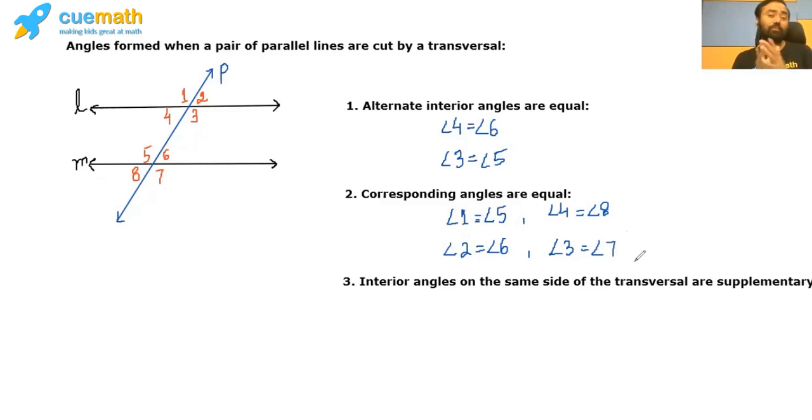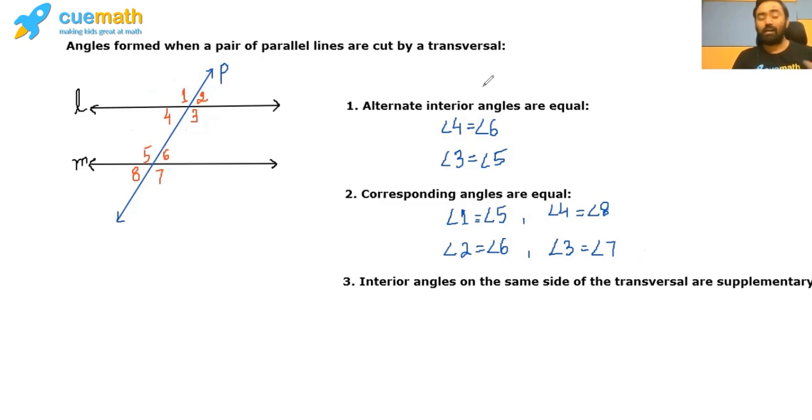These results are very important as they help us solve numerous questions on this topic. Again, if it's already given that angle 1 is equal to angle 5, and these are the two positions at which these angles are present, then we can say that lines L and M are parallel. If it's not given and we have to prove it, then we can use this fact. And if we have been given the values of the angles, we can state that lines L and M are parallel.